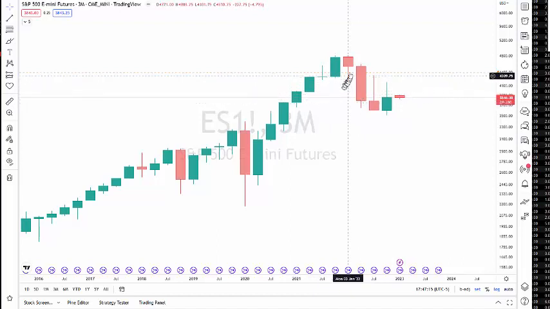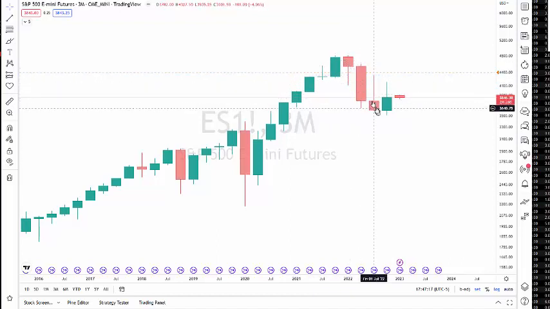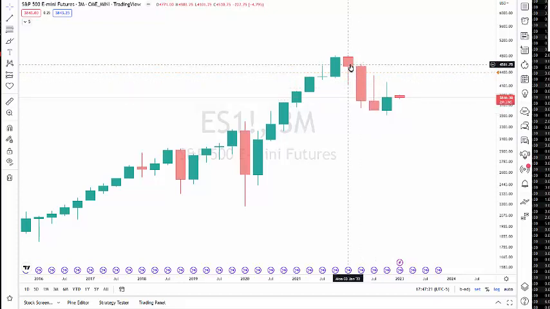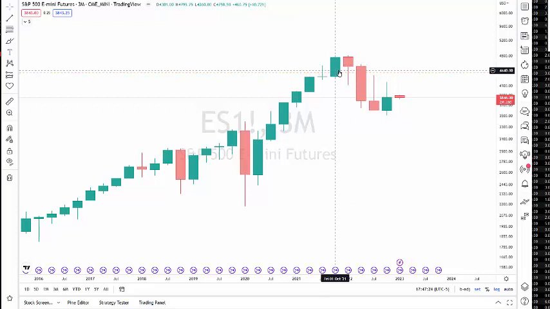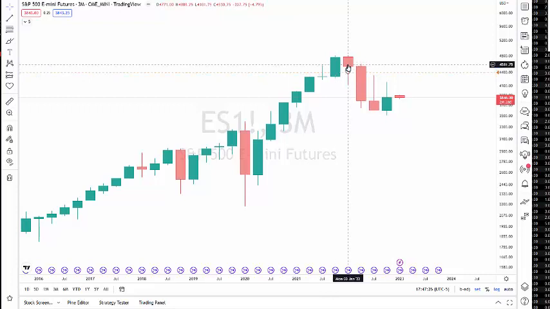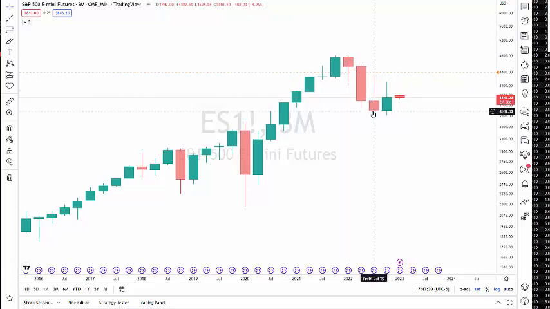One thing I want you to notice, we've had 3 quarters in a row here that are negative. How do you know if they're negative? The bar is red. If the bar is green, it's a bullish quarter. If the bar is red, it's a bearish quarter. Look over here. This is when we had 3 bearish quarters in a row.